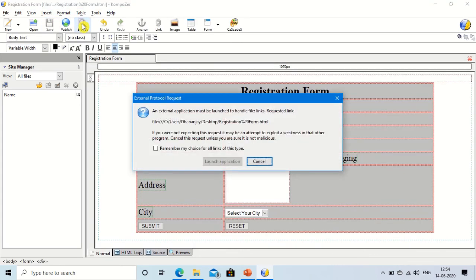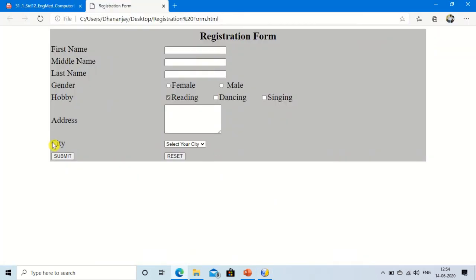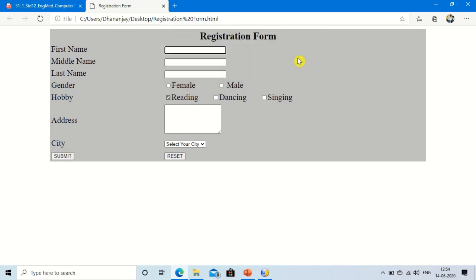and click on the browse. Wait a moment, click on the launch application and let me check. Yeah, it is working. Nice. Give first name Amit, second name Kumar, third name Singh, and gender select here male.